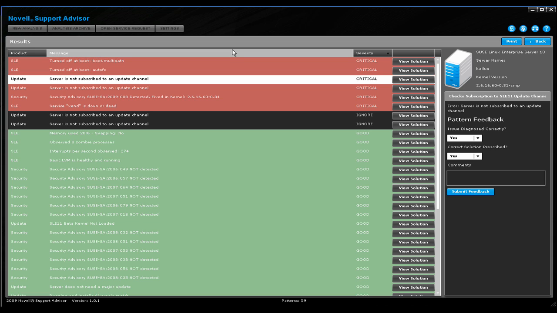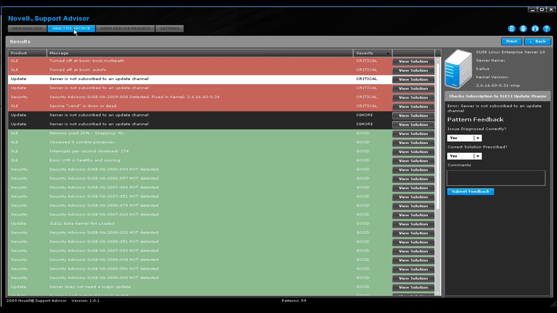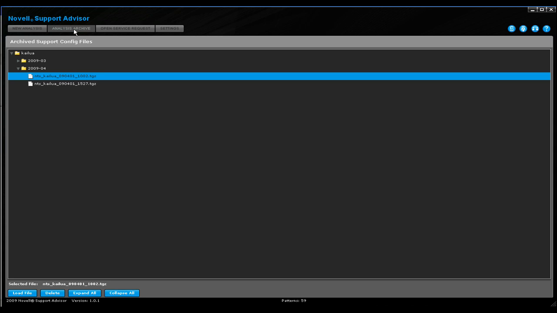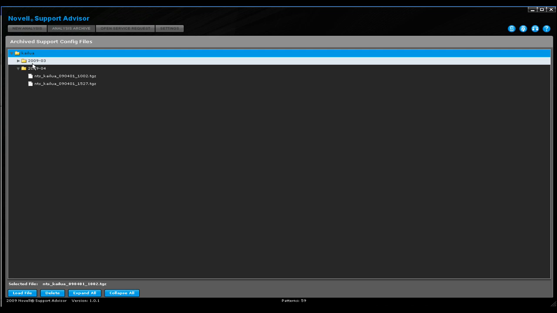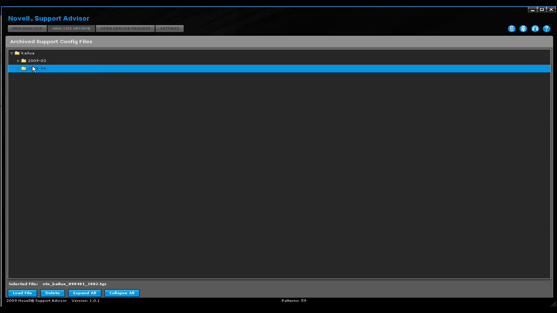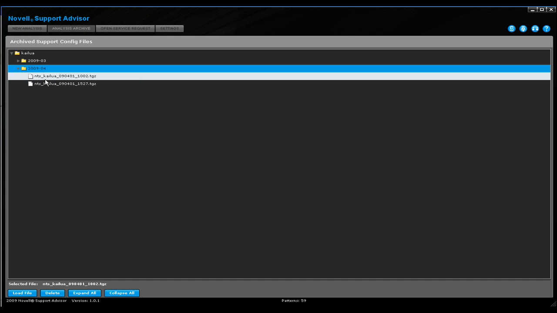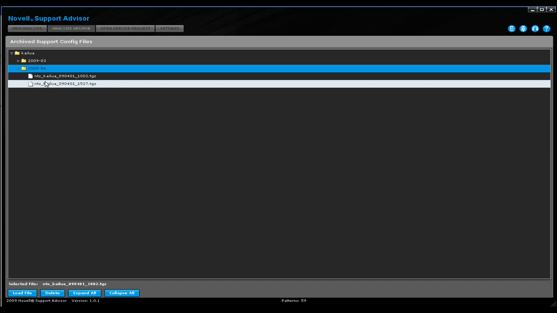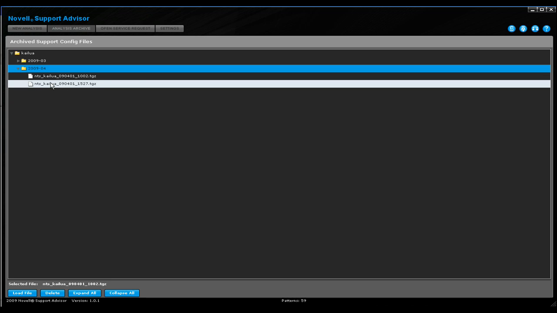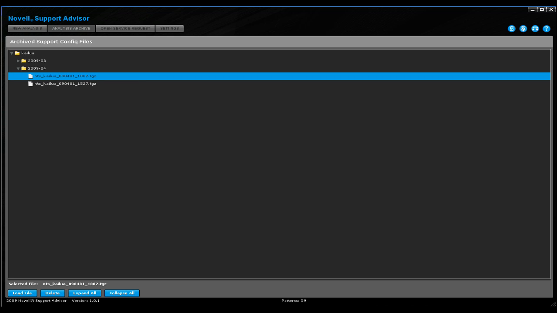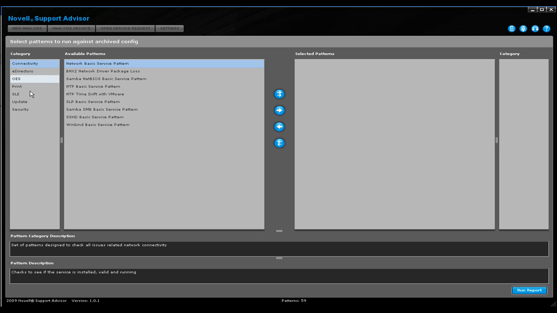Now, once a collection has been made from a server, which we did earlier, this collection is saved into what we call an archive analysis database, and we can look up any of these tarballs that have been collected previously, and we can also run an analysis against them. So I'll just pick out an analysis that I ran earlier, and I can just double click on that, and what that's going to do is it'll open up that tarball, and it'll also allow me to run an analysis against that,